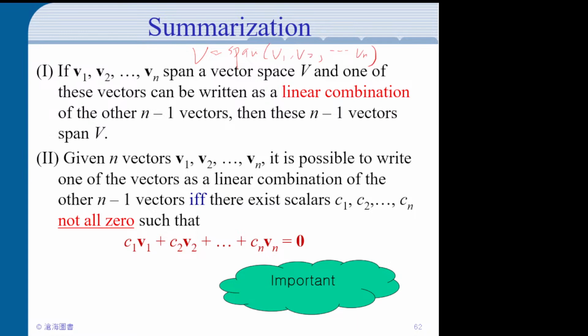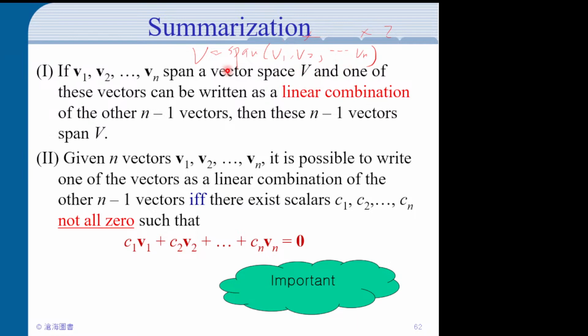Okay, and now we want to get rid of some of them, and we can get rid of some of them, although we didn't prove it, or we'll prove it later, if some of them can be written as a linear combination of others. So for example, if Vn can be written as a linear combination of others, then we don't really need Vn. And the second one,